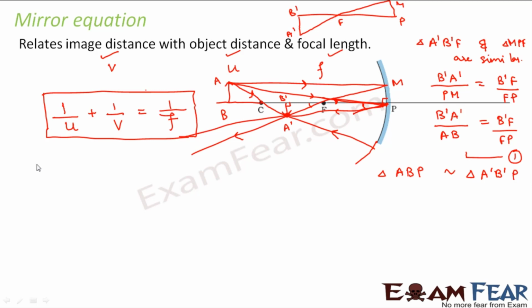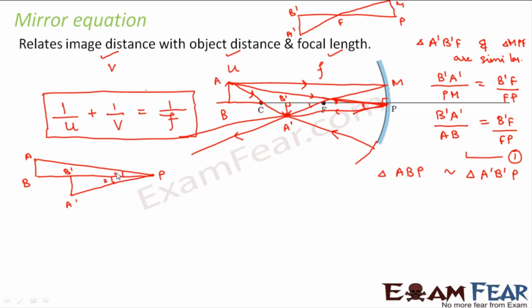So here also let me draw these two triangles separately. Let us suppose this is triangle ABP. This is my angle 1. So this will make an angle with P. And there is another triangle like this. And this is B', this is A', and this is angle 2, right? This is how I have drawn it separately.